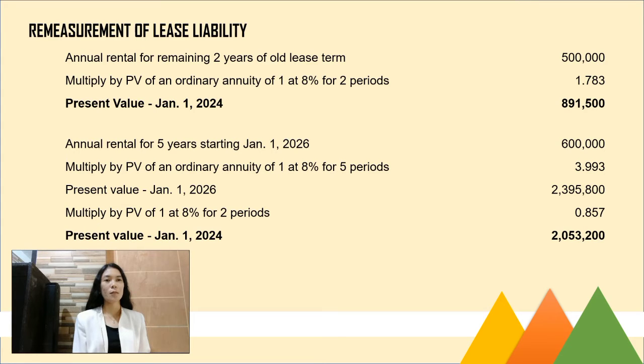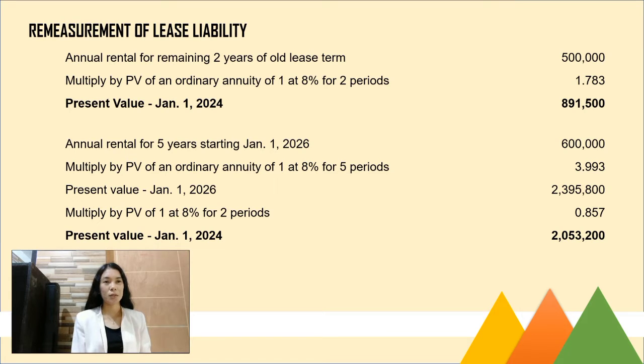Annual rental for 5 years starting January 1, 2026 is 600,000. So ito na yung new amount. So we will multiply it by present value of an ordinary annuity of 1 at 8% for 5 periods, which is 3.993. So the present value as of January 1, 2026 is 2,395,800. So sabi ko nga kanina, hindi tayo doon